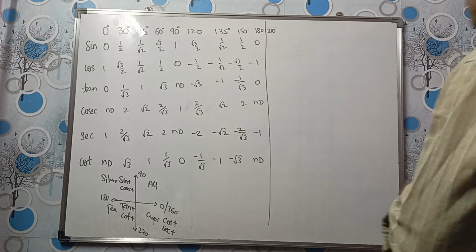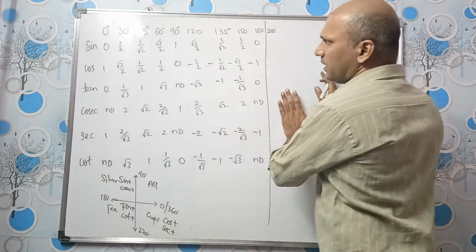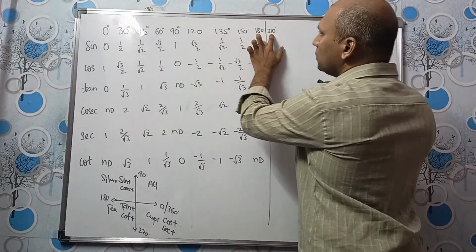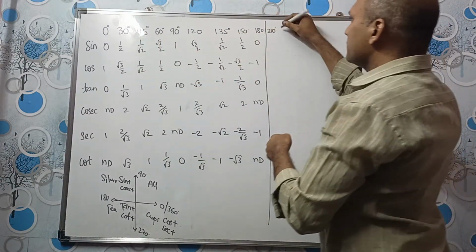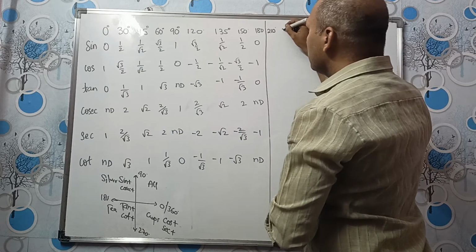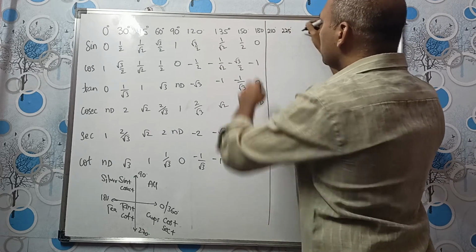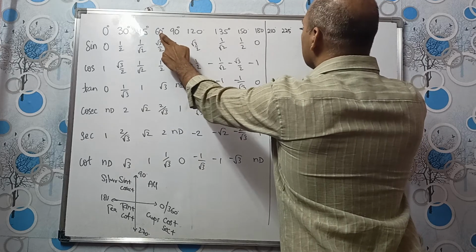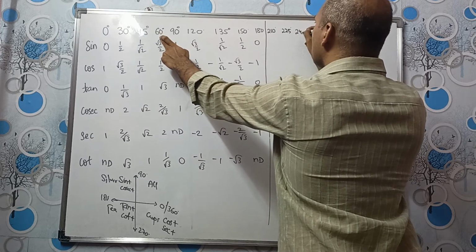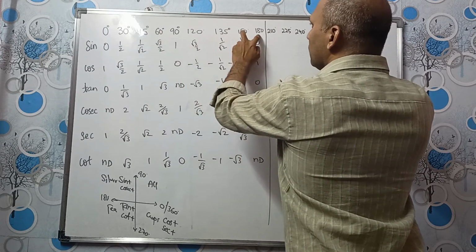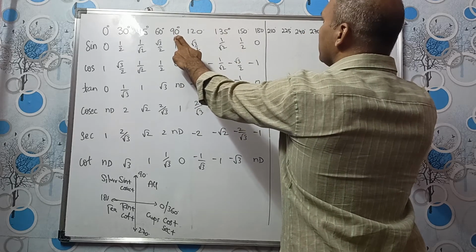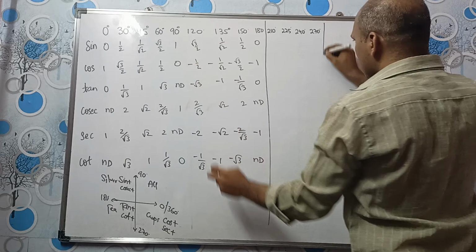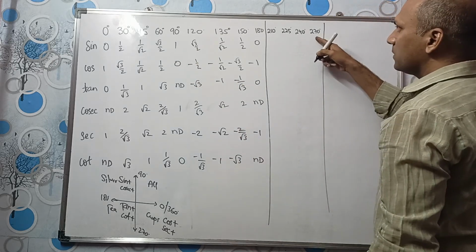Yes, okay. Please watch this video in high definition. So 210 is done, right? 180 plus 45, so 225. Alright. 180 and 60, how much? 240. 180 plus 90, 270. Okay. So up to here, it is the third quadrant.